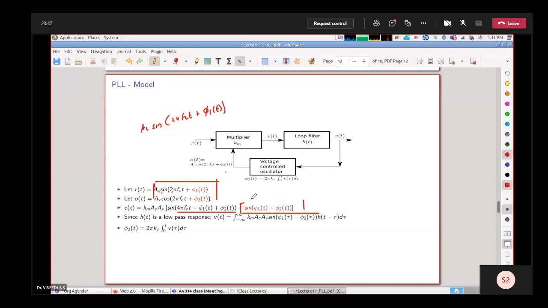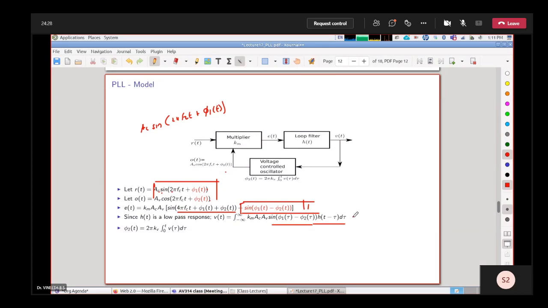Okay. Now, following this, we have the loop filter. What we are going to say here is that because the loop filter will cut off the high frequency term, we are going to simplify things and say that this output V of t is just the convolution of this part of the input with H of t. That is why I have written it down like this. You can see that only this part from the input is taken. This part we are going to assume is just cut off. It does not appear at the output of this loop filter. V of t is just this convolution. Any questions regarding that?